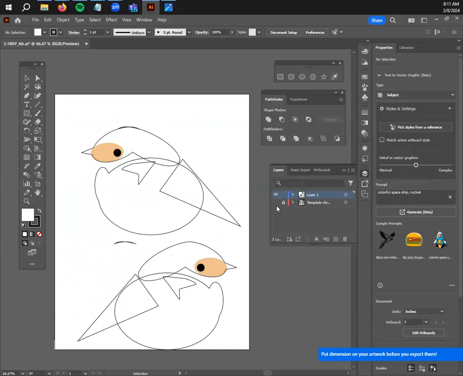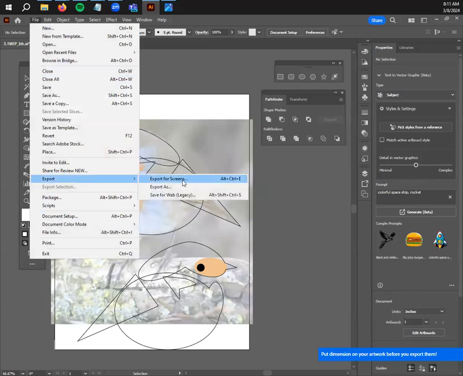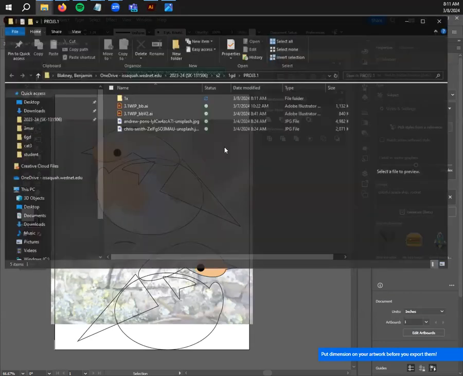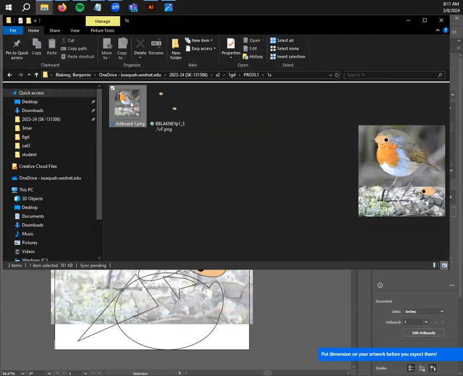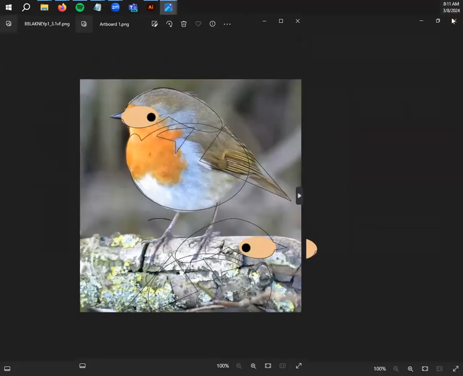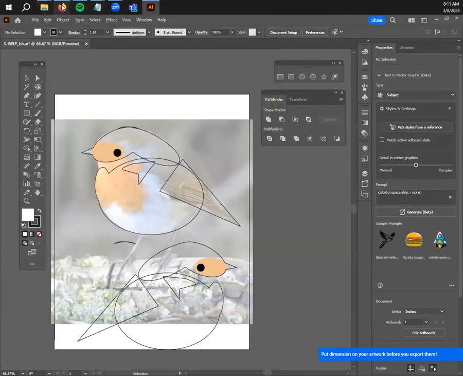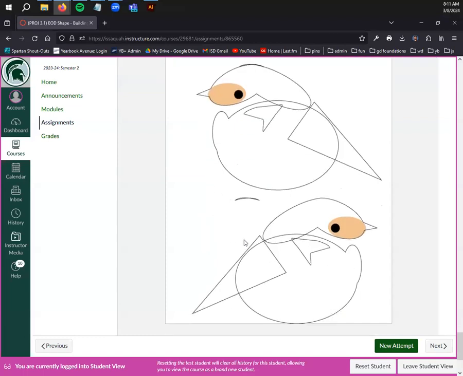If you really want to, you can by turning this layer back on and then re-exporting it. So we'll do the same process. And then this one's going to bring the reference image with it. But since your goal is to create these shape creatures, the reference image is not required.